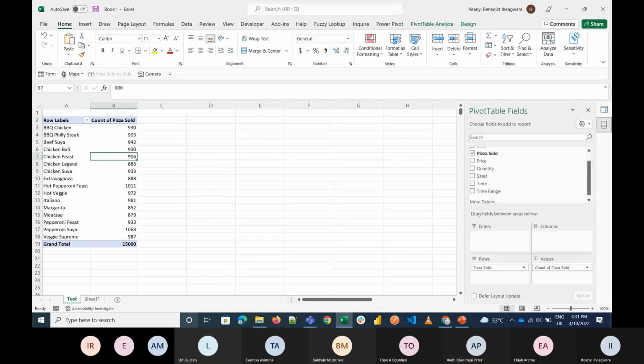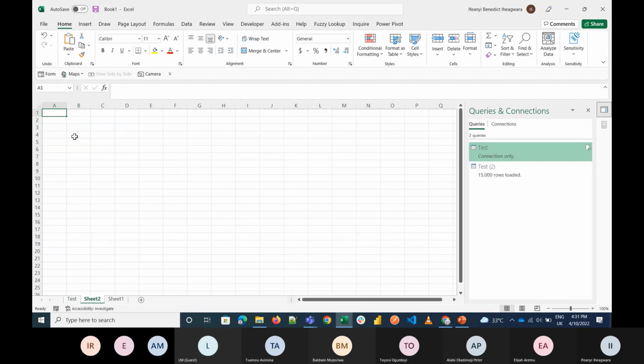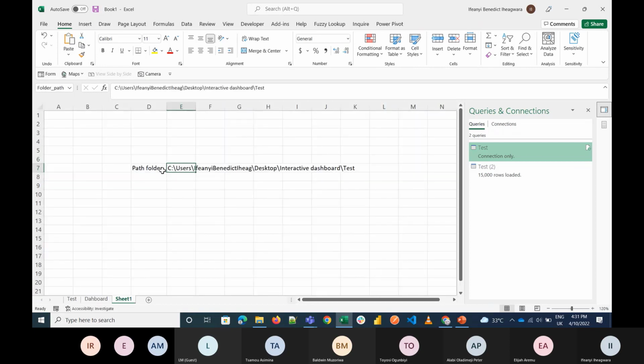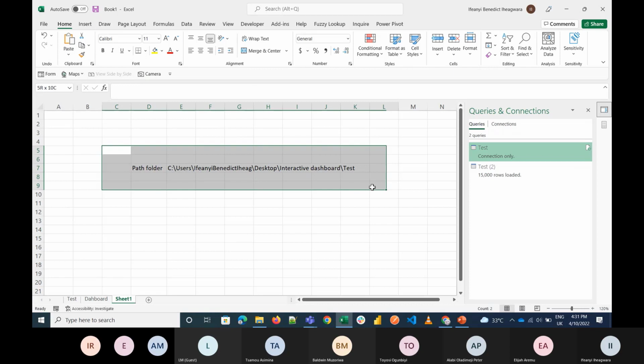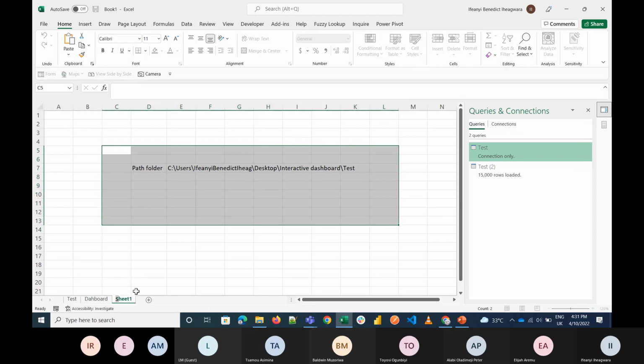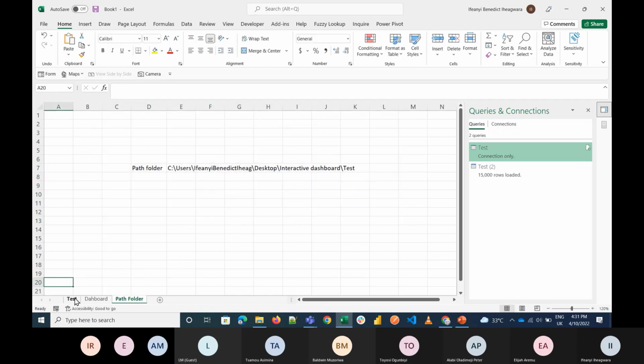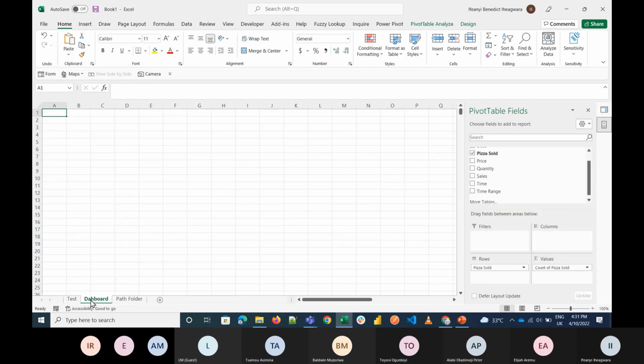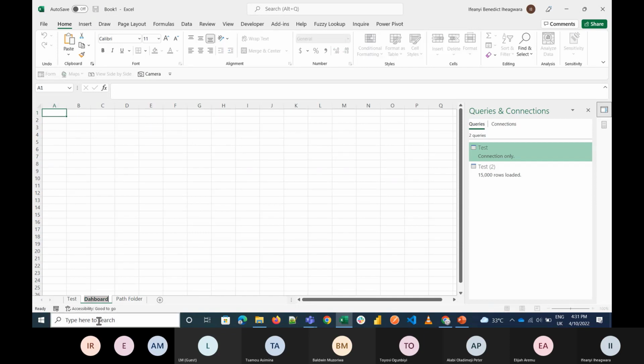Okay, so for us to make our dashboard, I can open a new sheet. Maybe let me call this dashboard. This sheet was where I kept this folder part. And then at the end of the presentation, I will show why I did this. So let's use the part folder. Okay, so everything that I do here is going to be